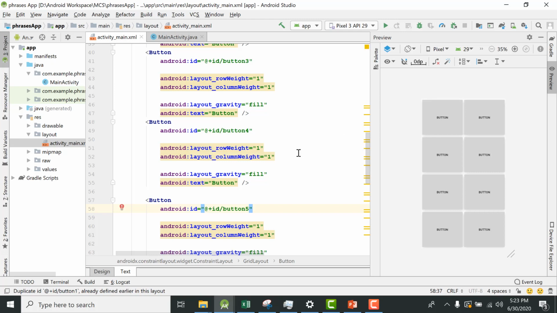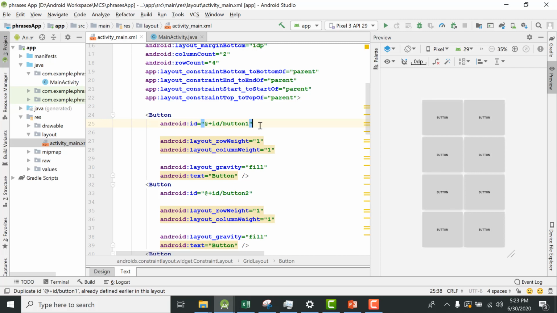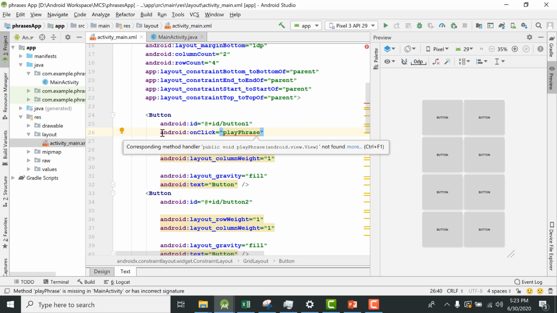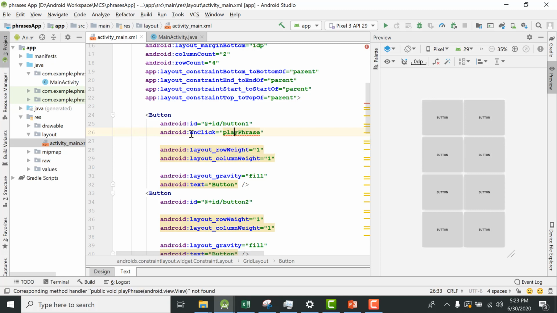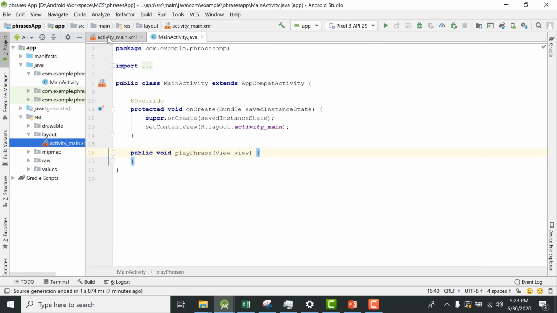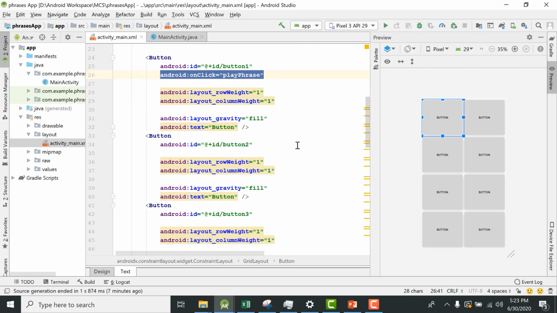I'm also going to add one attribute that is called onClick, because I'm going to fire a method whenever a button is clicked. So onClick for every button will be playPhrase. So let us implement this method inside our Java file. You people are almost used to it, so just add it in the Java file. Now let me copy and paste it to the rest of the buttons.